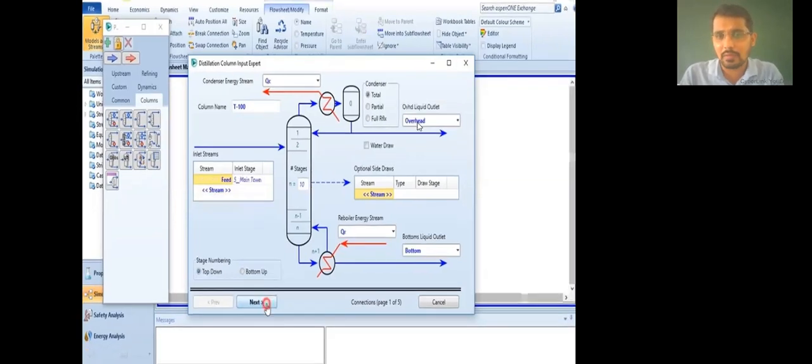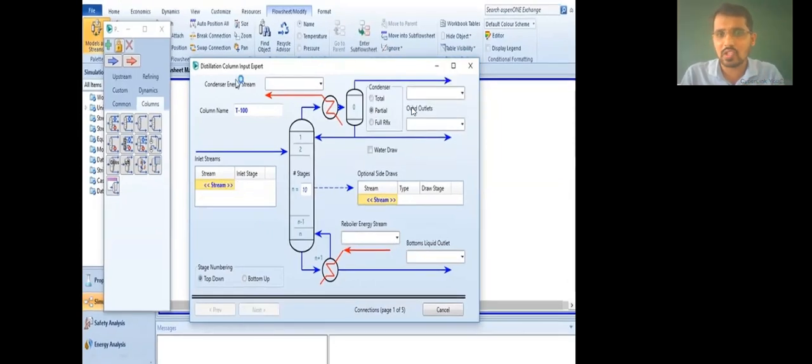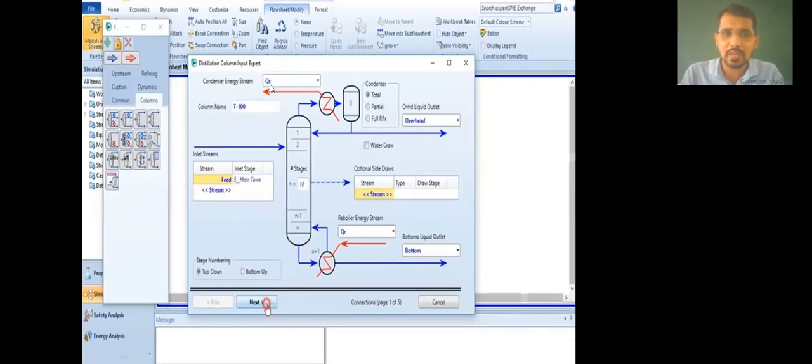You will have now only a single rectangle column. Give it the overhead name because that is nothing but only distillate. There is no reflux liquid part. That's why there is only one rectangle, because 100% is your distillate. But in the previous partial, there is some distillate and there is some reflux, that is nothing but liquid. That's why there are 2 rectangles. Okay, so after that, just give names QC, overhead, bottom, QR, like this.